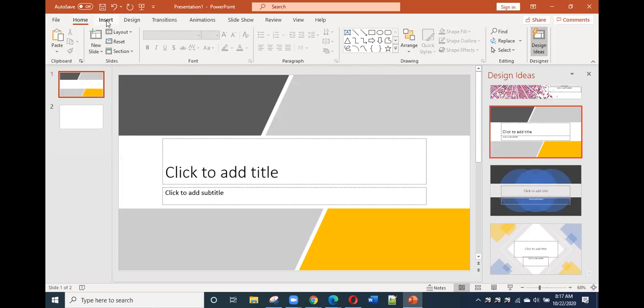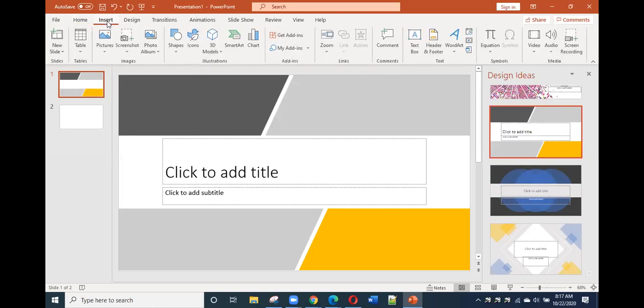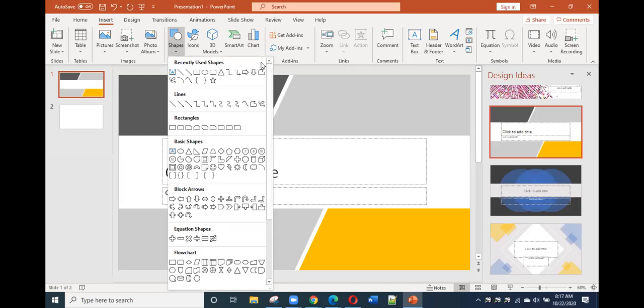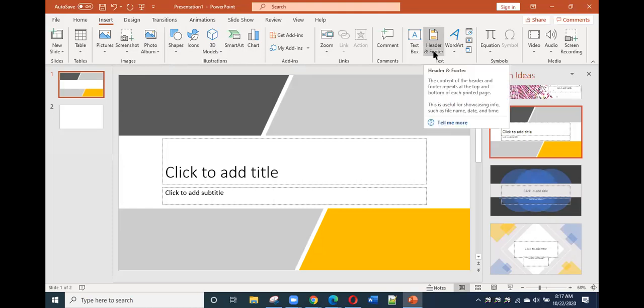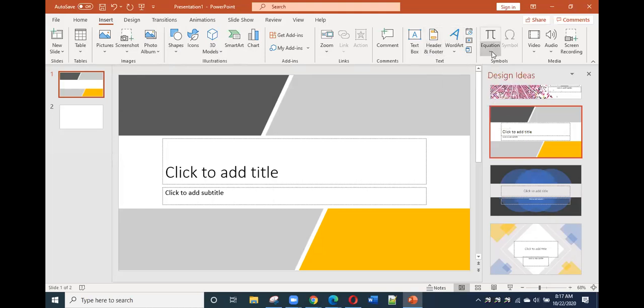So we have insert. So for example, if you want to insert a new slide, a table, pictures, a screenshot. So for example, photo album or photo. If you want to insert some shapes, okay, or icons, 3D models, SmartArt, zoom, text, header and footer, WordArt, equation, which is so important, of course, especially if you are